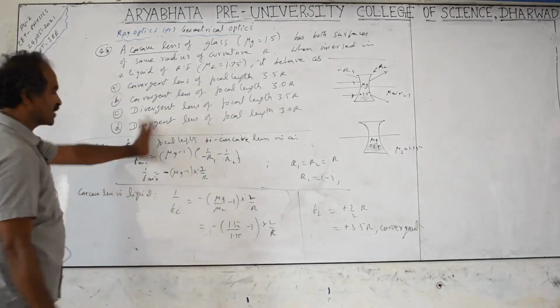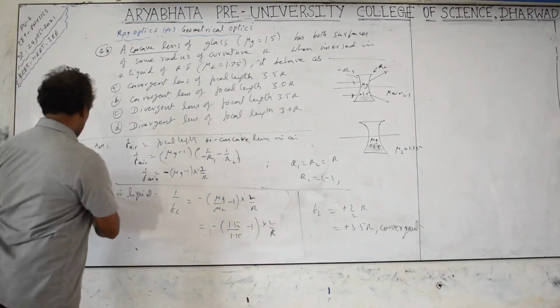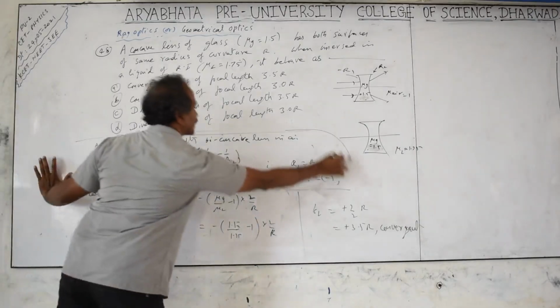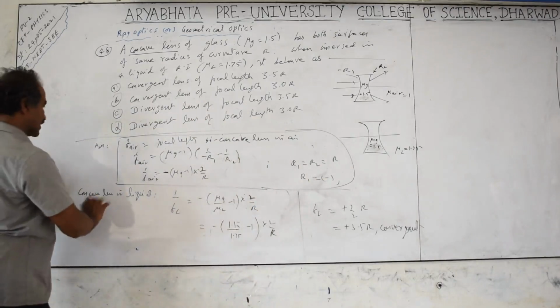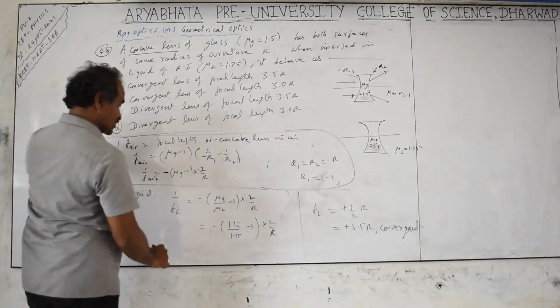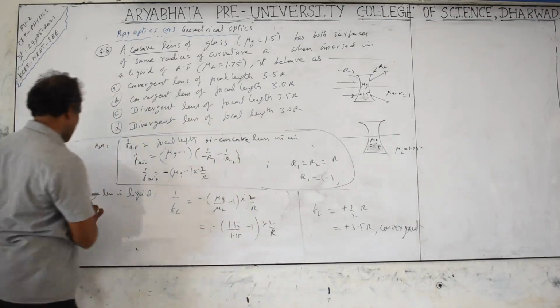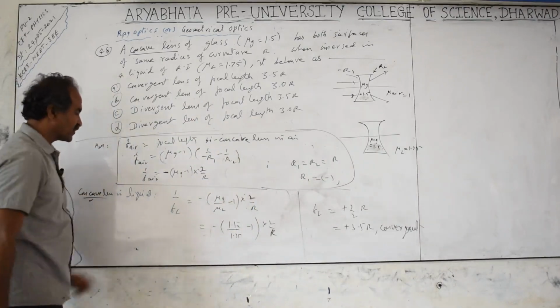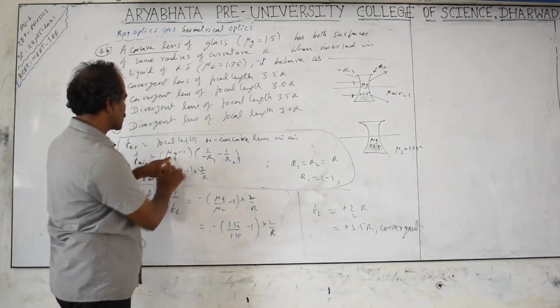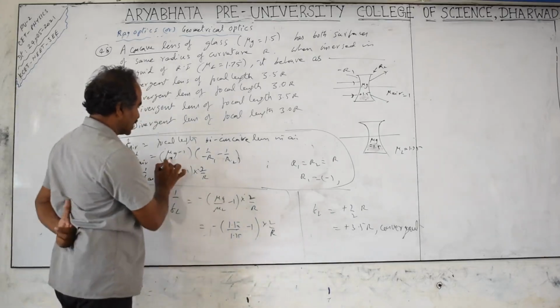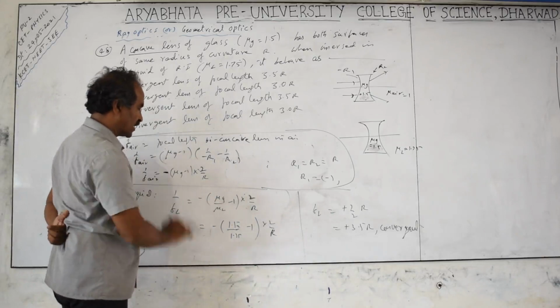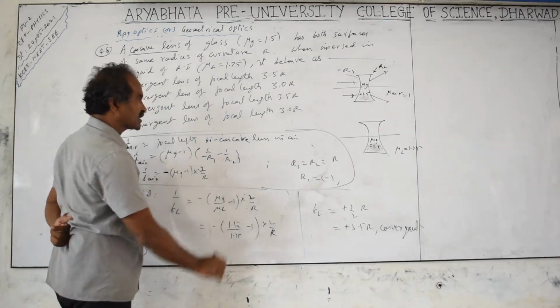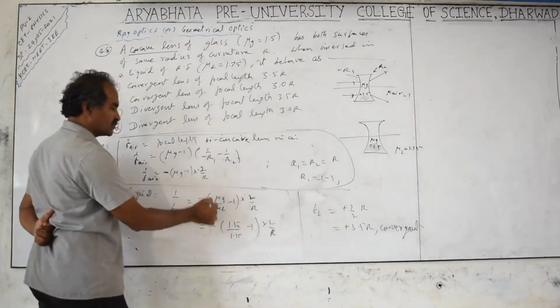Whatever the value is, this is not required for this problem. It is only for explanation. You have to go directly to this part. So 1 by F liquid is equal to, for the concave diverging lens in a liquid, mu g divided by the surrounding medium. Here, with air, mu g by mu air is 1. Here liquid is there, mu liquid is 1.75 as given. So mu g by mu liquid minus 1, into